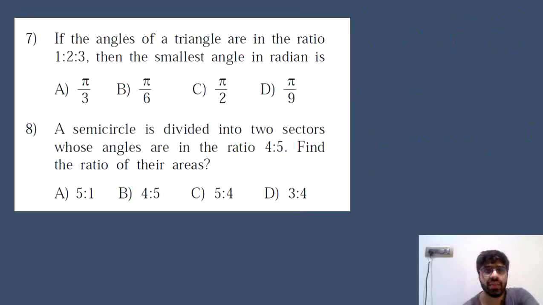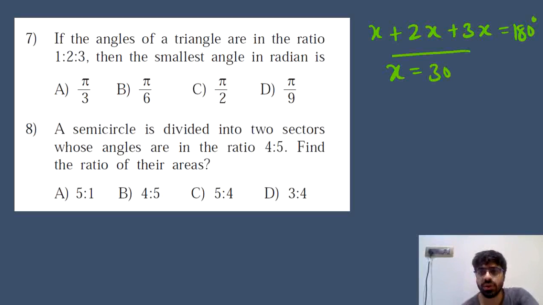Take the next one. The angles of a triangle are in the ratio 1:2:3. If the common ratio is x, I can say that the angles are x, 2x and 3x. We know that the total of all these three angles will be 180 degrees, because the sum of every angle in a triangle is 180. Had it been a quadrilateral, the sum of all angles would have been 360. Okay, so we have 6x equal to 180, and that is why x would be 180 upon 6, which is equal to 30.